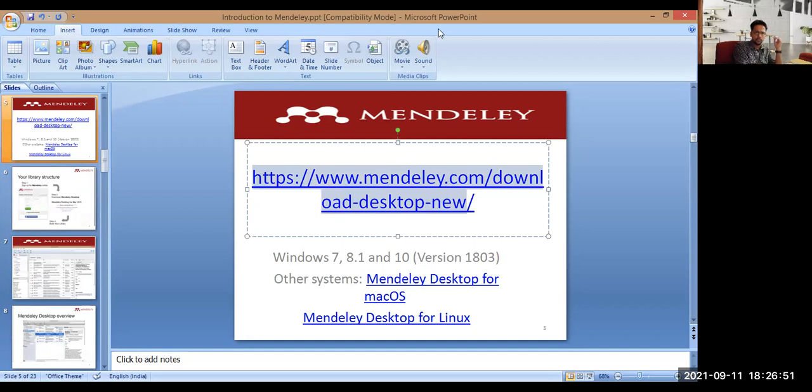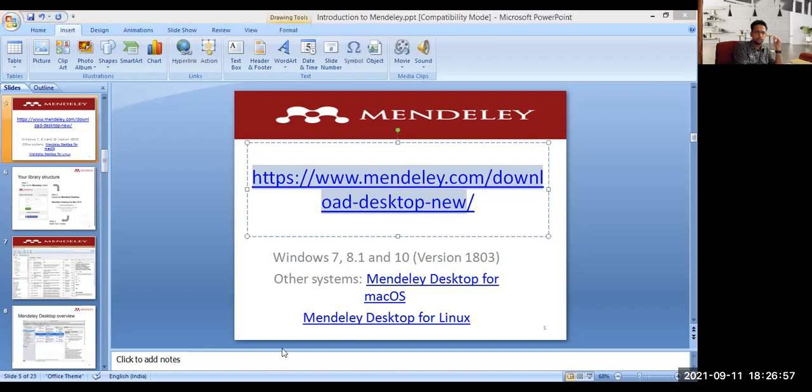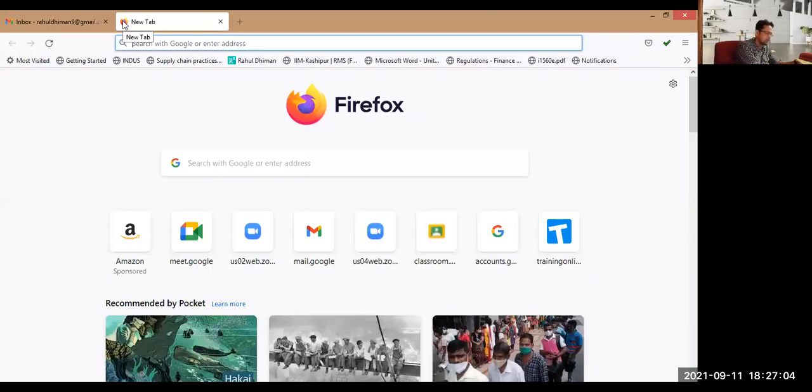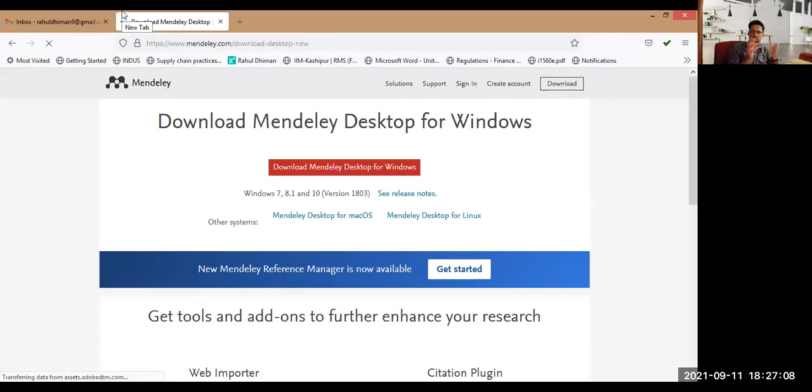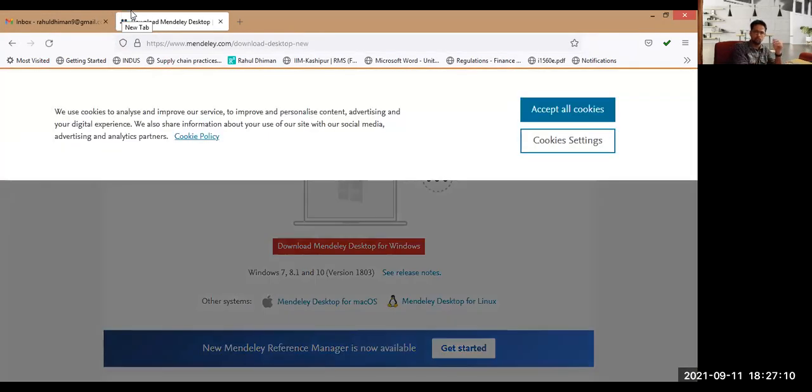Please copy this particular link and then simply go over to Google, or you can simply paste this particular link into your browser, whatever browser you are using, whether it's Chrome or whatever it is, right? As you are seeing,